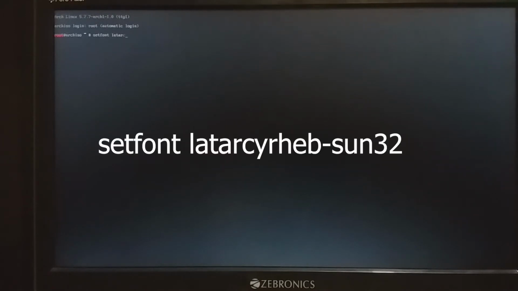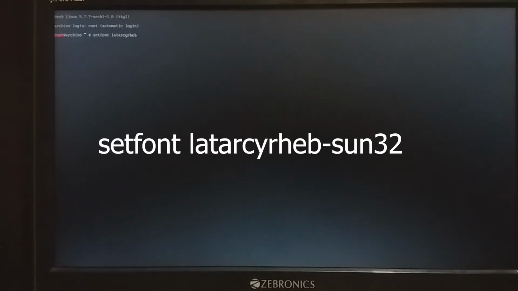Alright, so we are booted into the live environment of Arch Linux, and the first thing you notice is that the font size is really very small, and many people have trouble reading the text on the screen. As well as in my case, I have to record a video, so let's first of all increase the font size by typing setfont lat